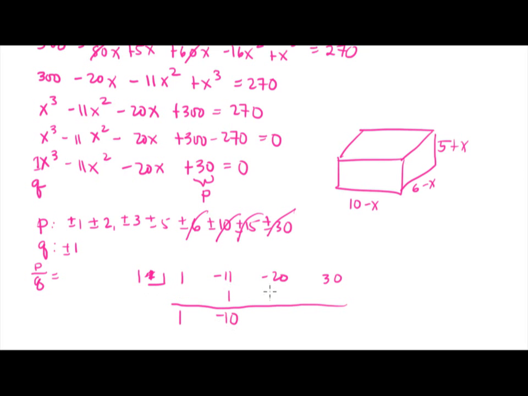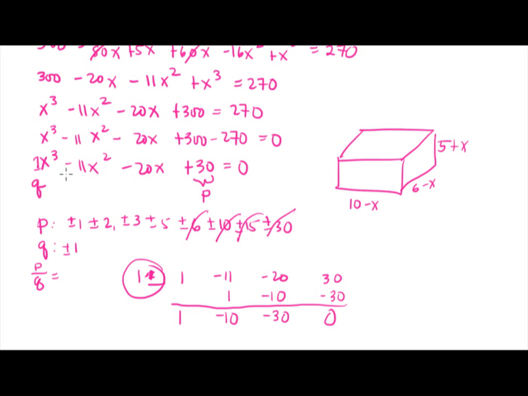Negative 10 times 1 is negative 10. Negative 30 times positive 1 is negative 30. And this will be an answer if the last number is 0. And by the way, just for some notes,